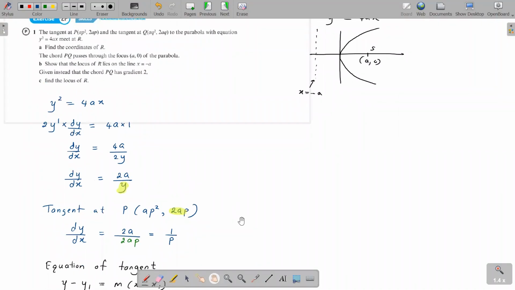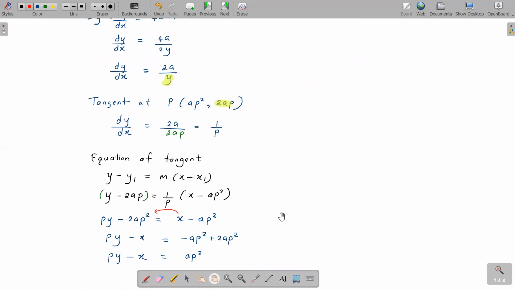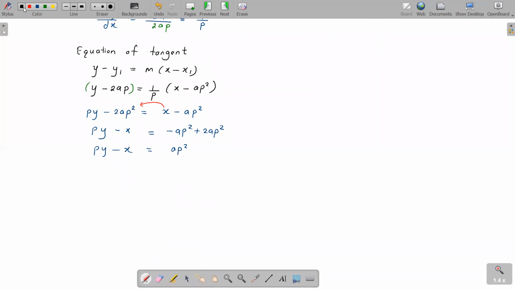Okay, so I found the tangent at the point P, right? Let's say this is my point P. Now they are saying there's another point called point Q, and I need to find the tangent at the point Q. So are we going to repeat this entire process again to find the equation of the tangent at Q? Look at the two points. Point P is AP square comma 2AP, right? Point Q is what? AQ square comma 2AQ. Do you see the only difference is P and Q, right? So do we really need to do the whole process again? No. So you could simply write, similarly,